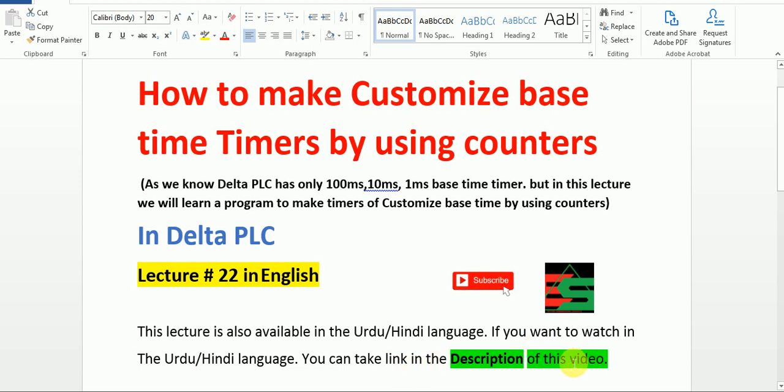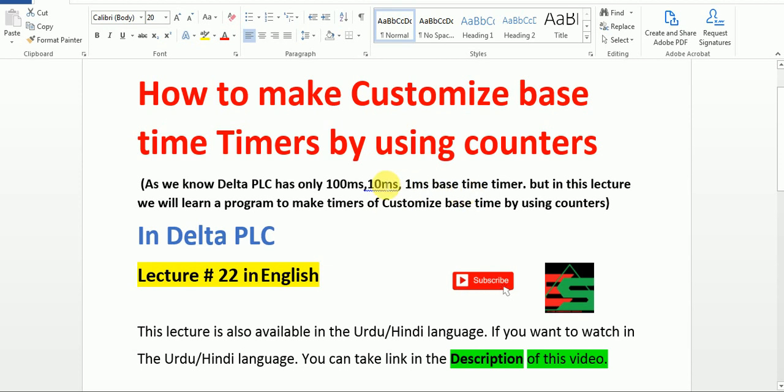Today our topic is how to make a customized base time timer by using counters. As we know, in Delta PLC there are three types of base time timers: 100 millisecond, 10 millisecond and 1 millisecond. These three are fixed.